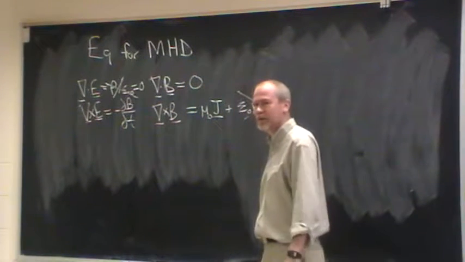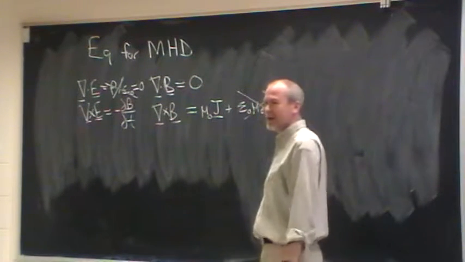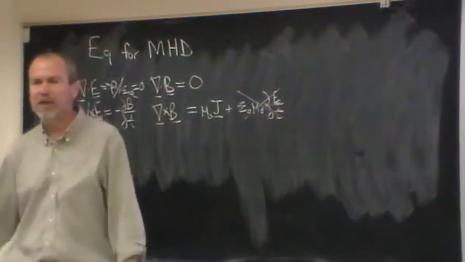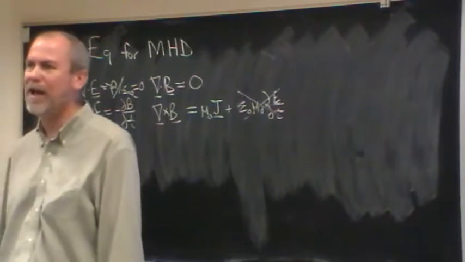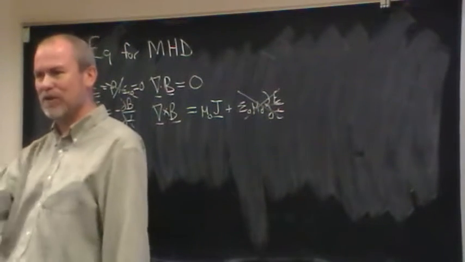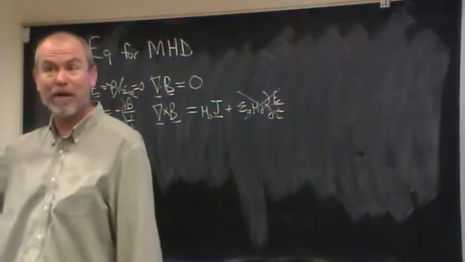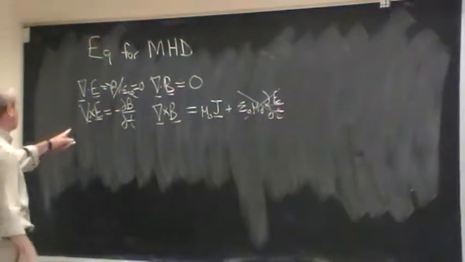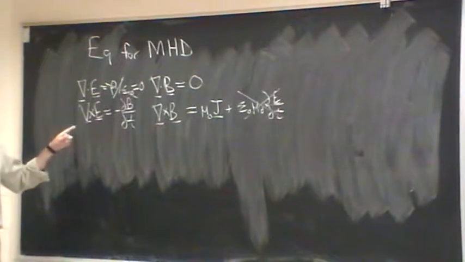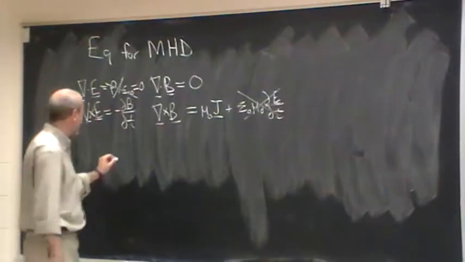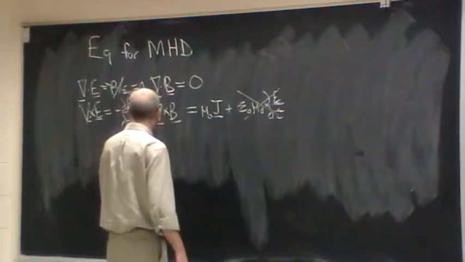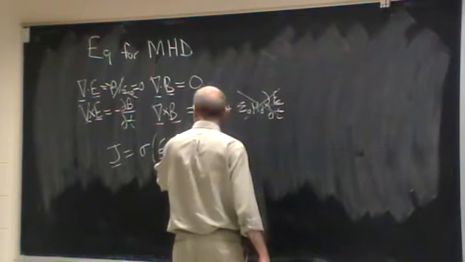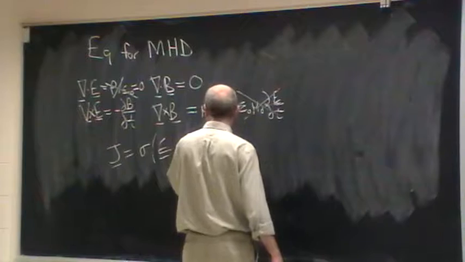Okay, questions so far? Now this is not enough to derive MHD. The extra thing you need is Ohm's law. Ohm's law gives you a recipe for knowing how J is going to behave in the presence of electric fields. I've not ruled out electric fields, I've just ruled out free charge. In particular, we're going to have causally significant electric fields coming out of induction. So I'm going to write down Ohm's law in microscopic form that says the current density is equal to the conductivity times the electric field, and then there's a term which is